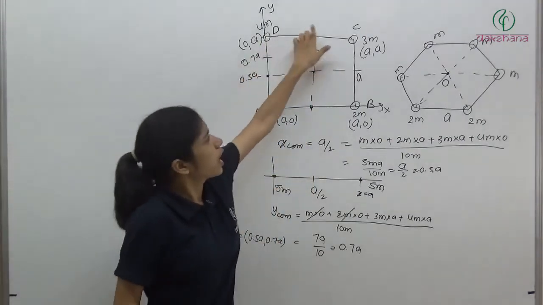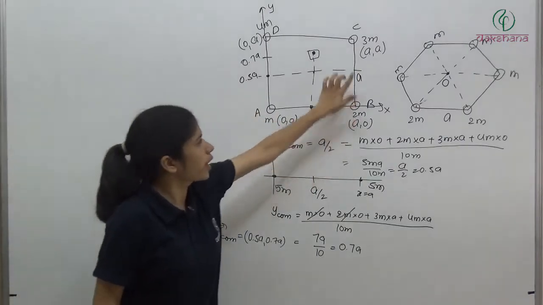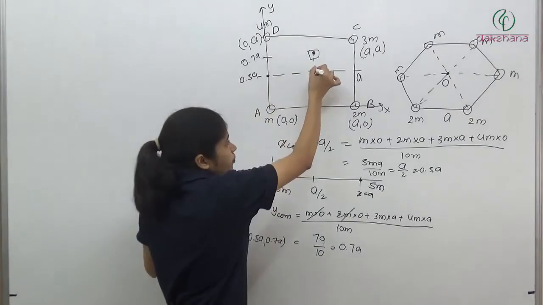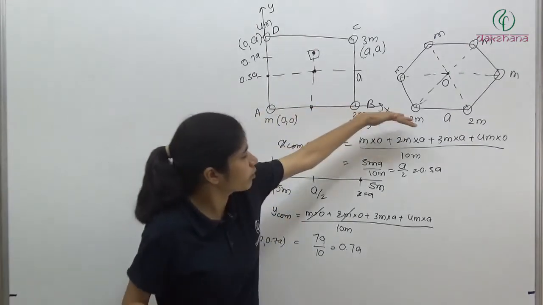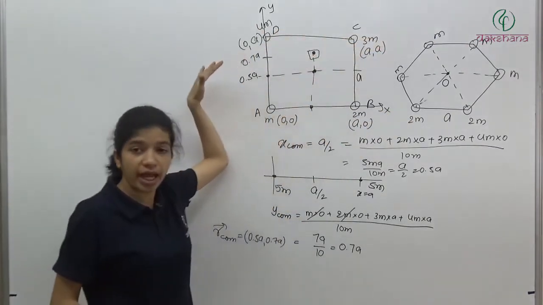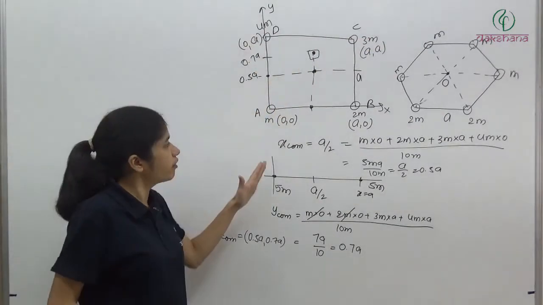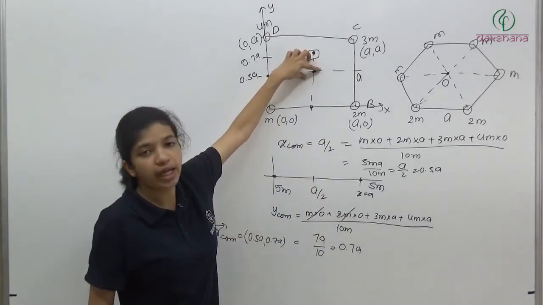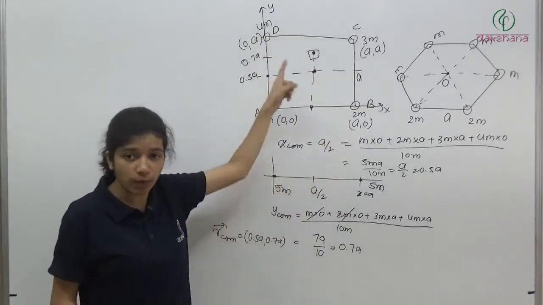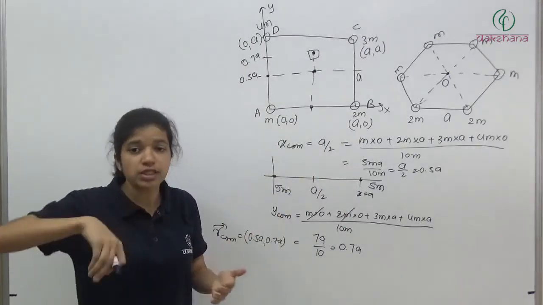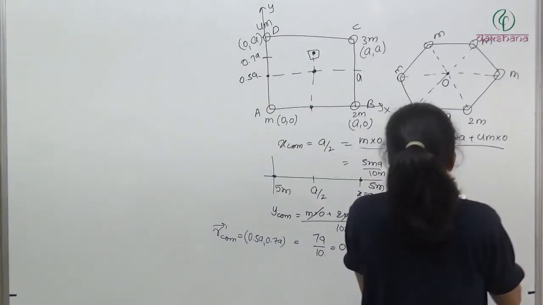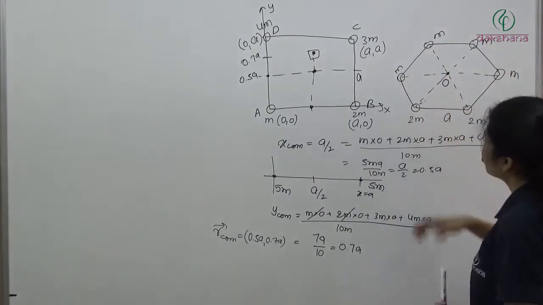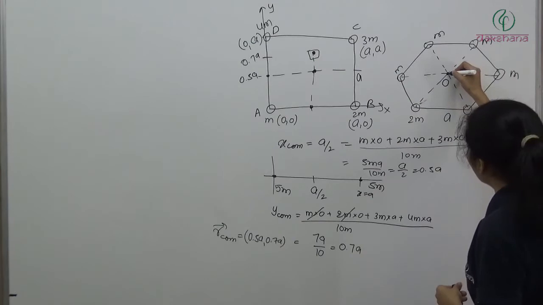If here the mass distribution was the same, m, then where would the center of mass lie? It would lie at this point. Clear? Because we have 2m here and 2m here, so it would lie at mid y. Here we have 2m and 2m, so it would lie at mid x. So basically it is going to lie at the center of the geometrical shape, or the center of the system. Now if we have all m here, where will the center of mass lie? It will lie at this point.